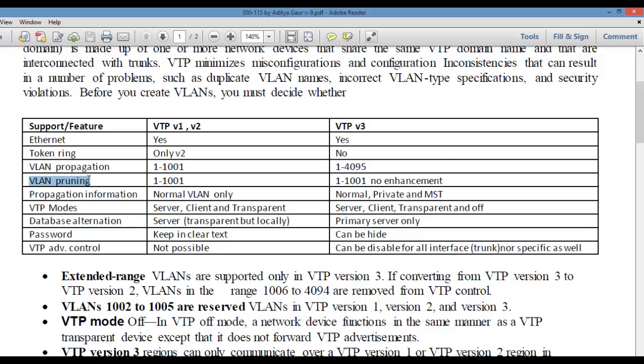Which VLANs can we prune in VTP version 1 and VTP version 2 as well as VTP version 3? All these three versions only prune from 1 to 1001. If you're using extended VLANs and you want to prune that particular VLAN, you need to go through manual configuration on the trunk